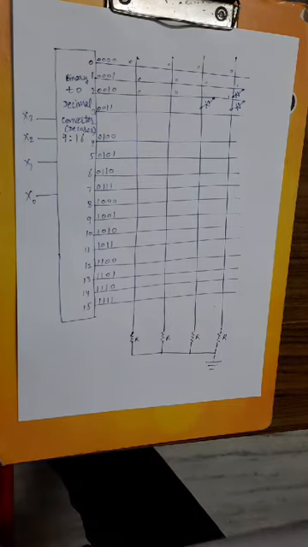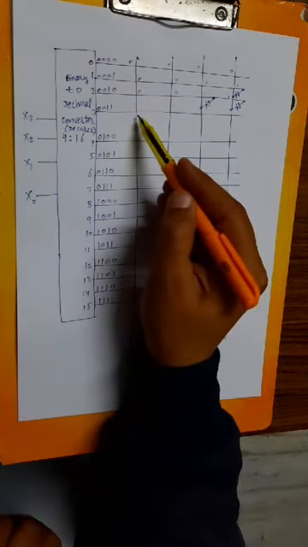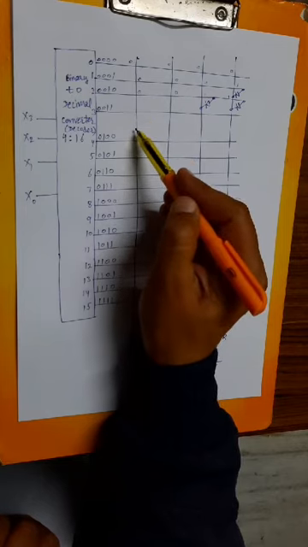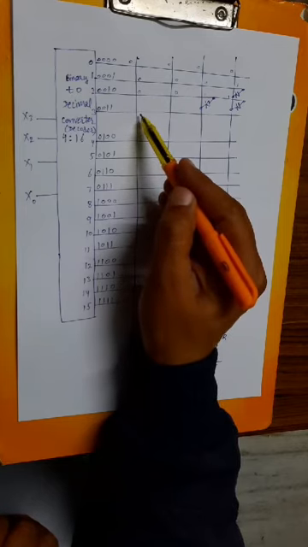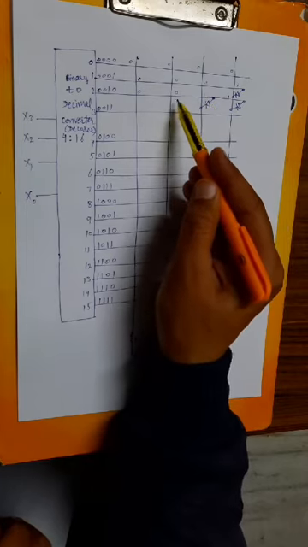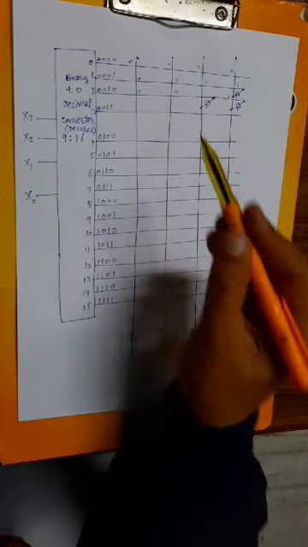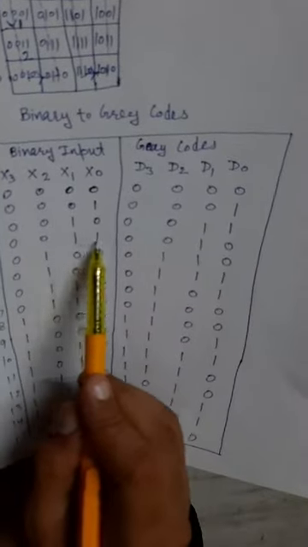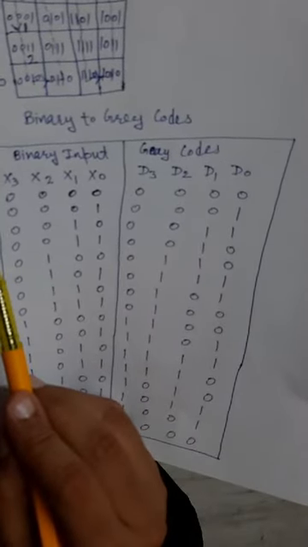On all the intersections of row and column there is 0 or 1. If a diode is connected, then 1 is there. If a diode is absent, then 0 is there. In this way, data is stored in gray codes. Then the next combination 0011 means the decimal 3 line.